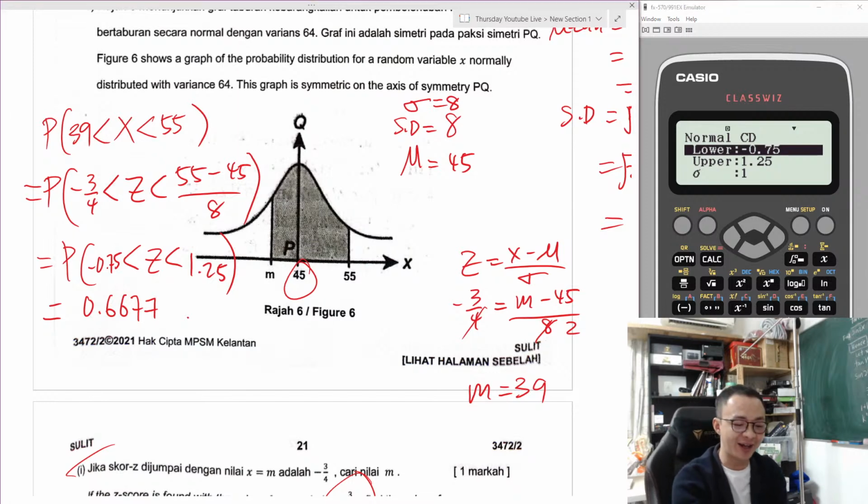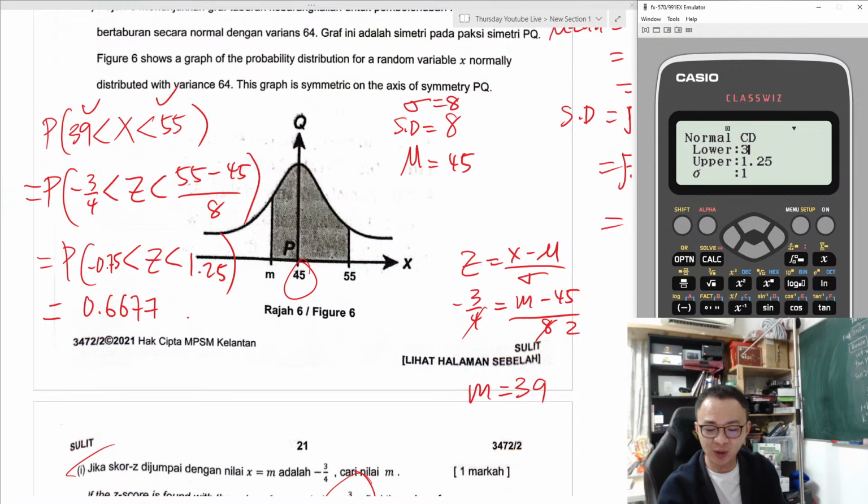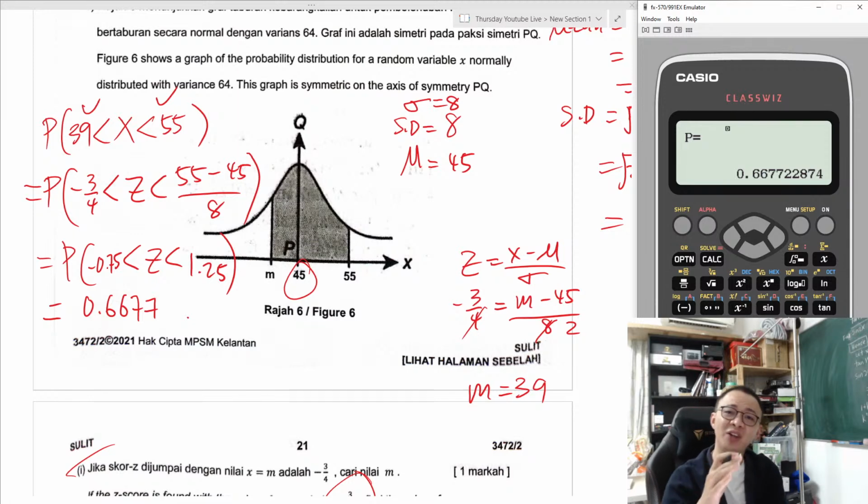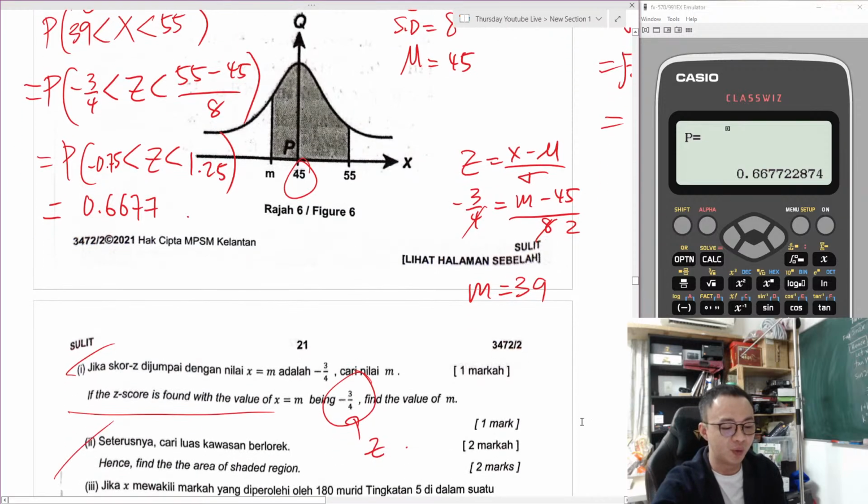Some students might ask, sir, what if I want to change my mean and standard deviation? Yes, then you can use the x value. If I change this one to 39 to 55, then I can change my standard deviation to the standard deviation given, which is 8, and my mean is 45. Then I still get back the same value. So it depends on whether you are using the x value or z value to find the probability. If you are using the standard score, which is the z value, mean and standard deviation always put at 0 and 1. I hope you understand how to use the calculator. Your calculator is a very important and good tool here. If you do not know how to use it, you are going to waste a little bit.